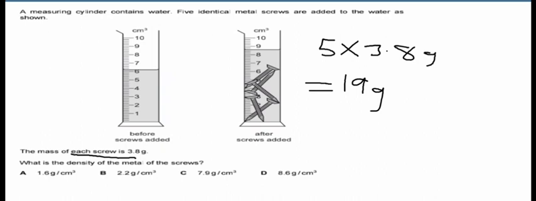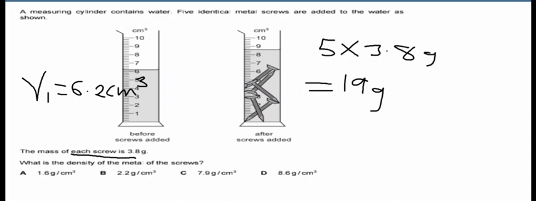So initially, water was having the volume, so we can say volume 1 is going to be equal to... You need to be very, very careful on how they are counting the numbers. So we can say at this point here, this one is 6.2, so that is 6.2 centimeters cubic. They are counting one line as 2. So when you move from 6, the next one is going to be 0.2. So it is 6.2. Then let's come to